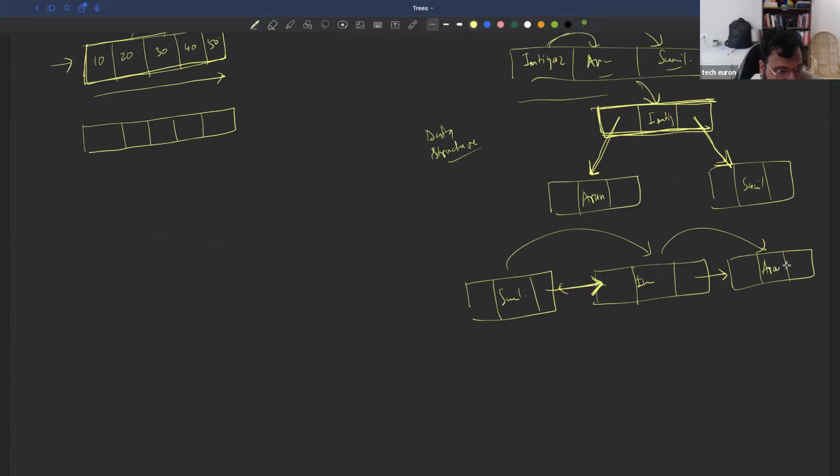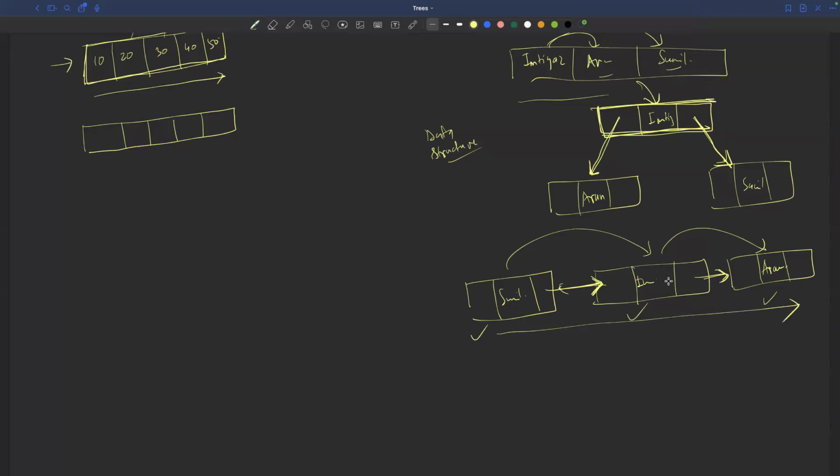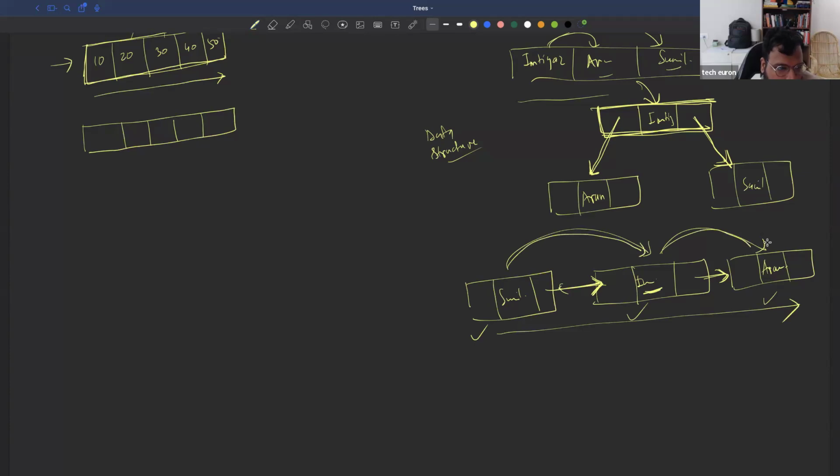ये भी मेमोरी एड्रेस ही है, लेकिन जिस तरीके से ये ऑर्गेनाइज्ड है, ये लीनियर हो गया, ऐसे हो गया। इसमें भी हमको ये नहीं समझ में आ रहा है कि इम्तियाज का जूनियर कौन है, सुनील है, अरुण है, कौन है। इससे हमको ये समझ में आ रहा है कि सुनील के बाद इम्तियाज आया, इम्तियाज के बाद अरुण आया। तो अगर आपको ये स्टोर करना है कि कौन किसके बाद कंपनी में ज्वाइन किया, तो आप लिंक लिस्ट यूज कर लेना।